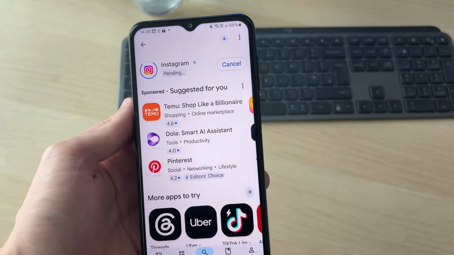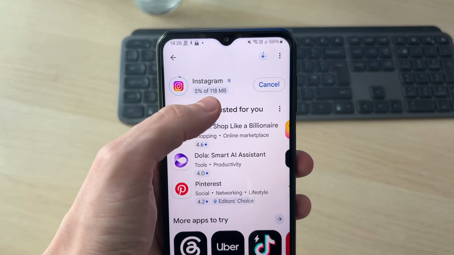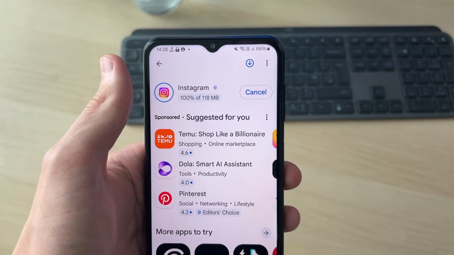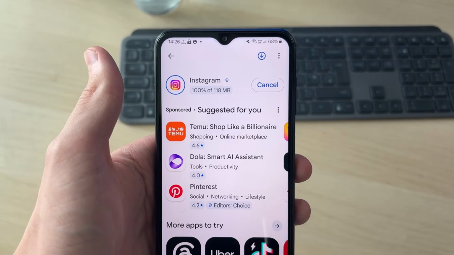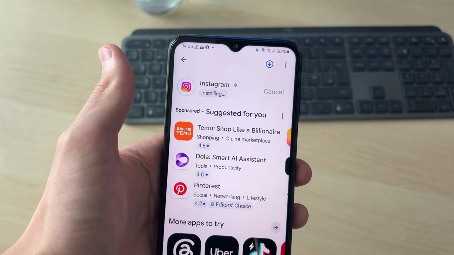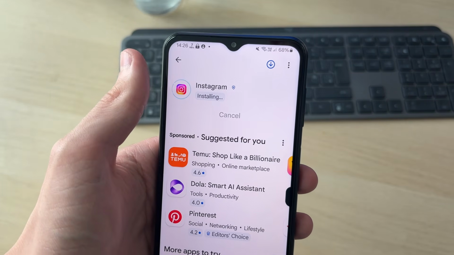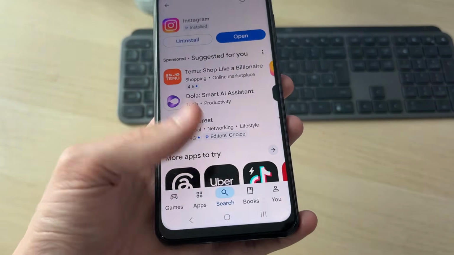Now you want to wait. Shortly it's going to begin downloading. You can see that it's downloading here. And then it's going to install. Hopefully it won't take too much longer. When it's finished, you can then open it from the Play Store, as you can see, or alternatively,